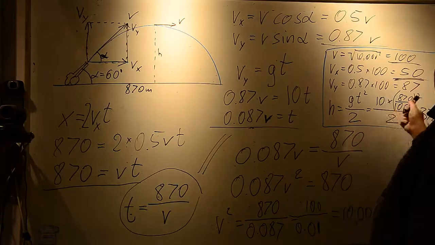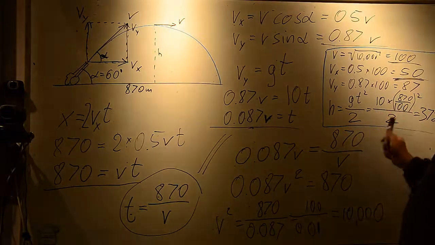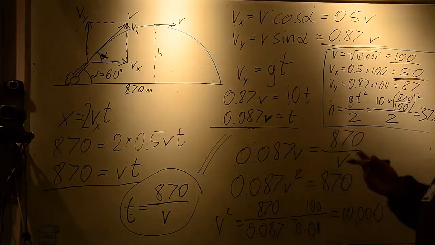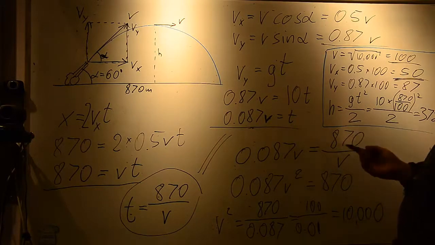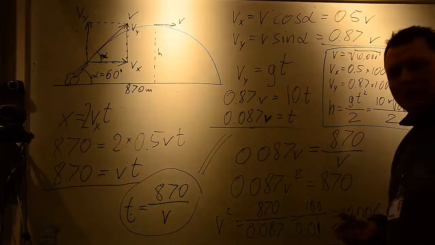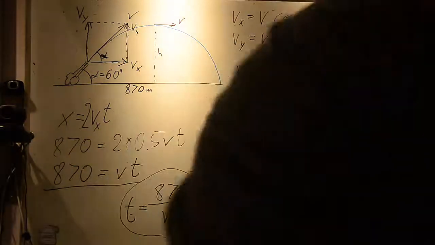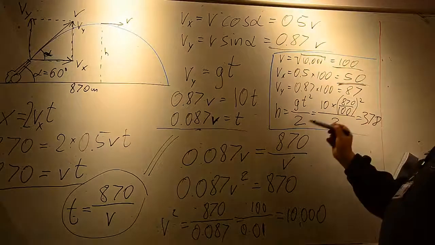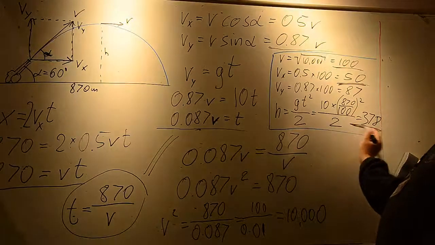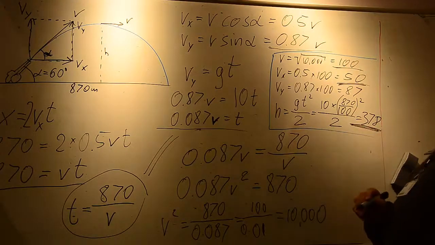That's simply 870 over 100, it's 8.7. Finding the square of 8.7 may be a little bit tricky, but you can use the calculator, just to ensure that this result is visible, and you will find out that this maximal height is